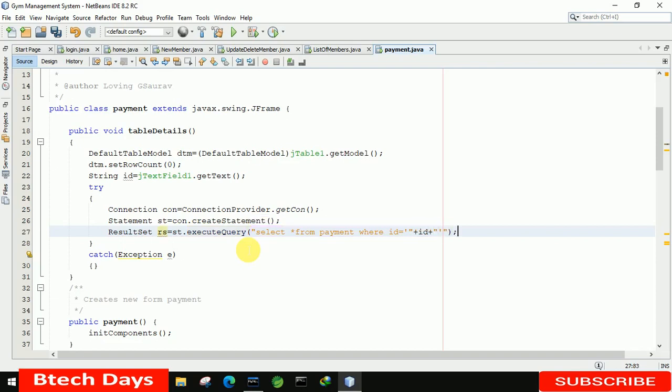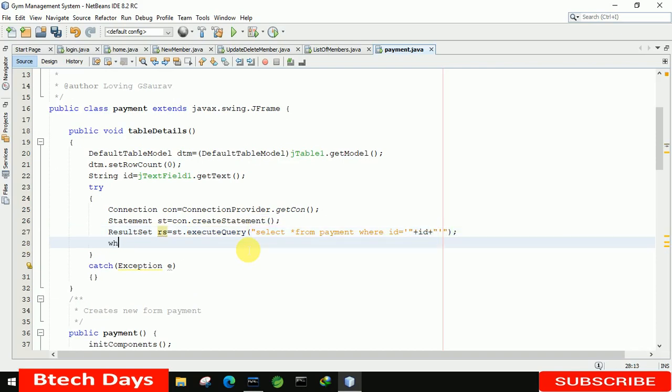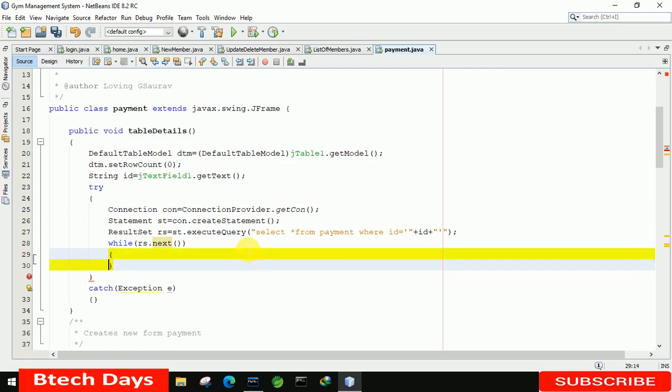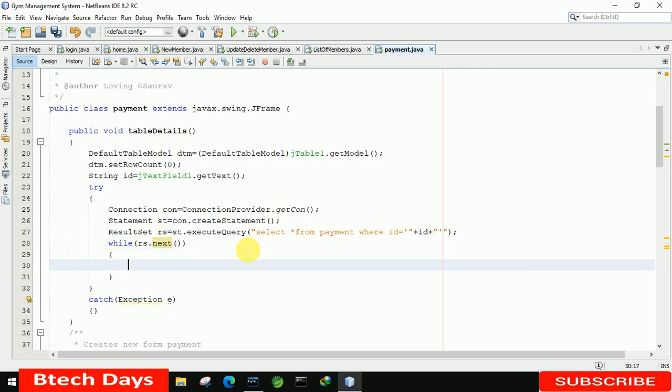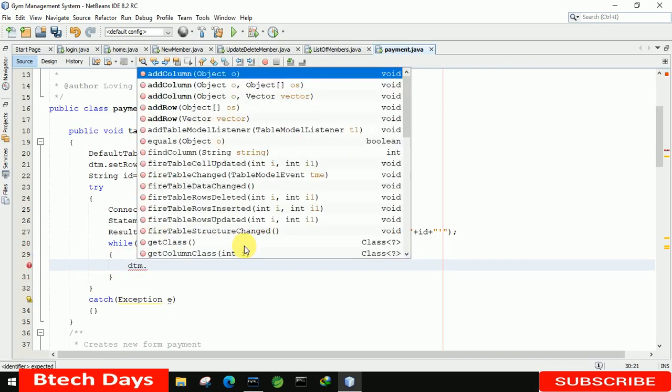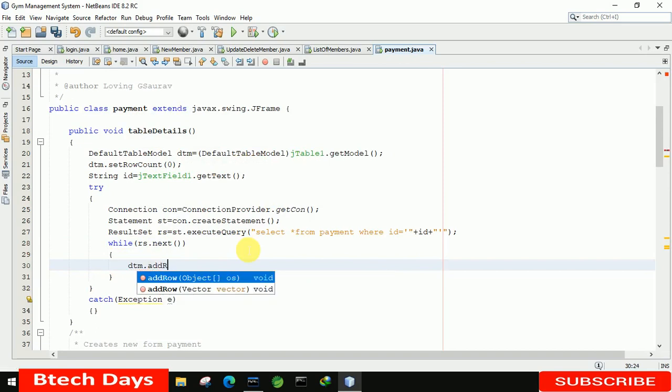Okay, after that we have to write here while rs dot next. Okay, and here we have to write dtm dot addRow. Let's select this one, new of this one.